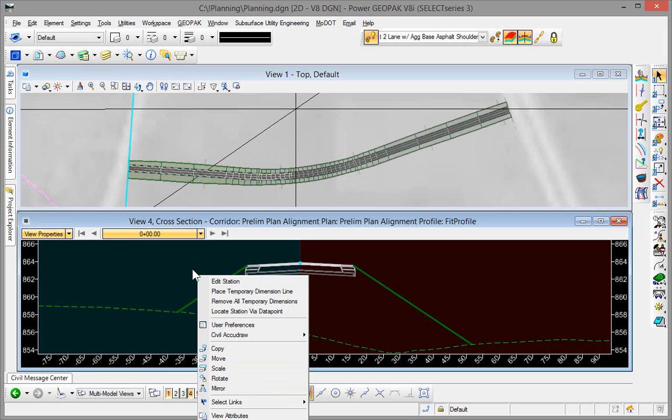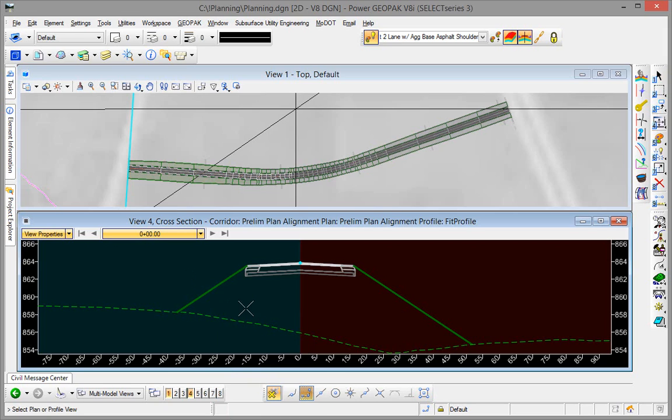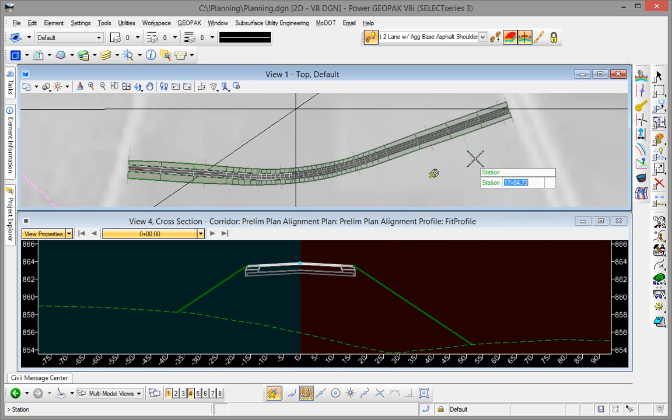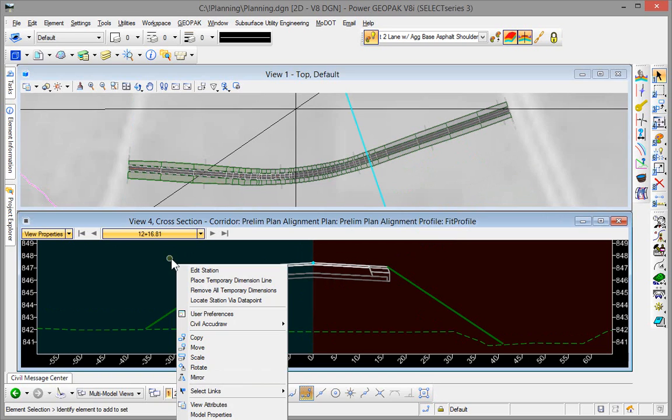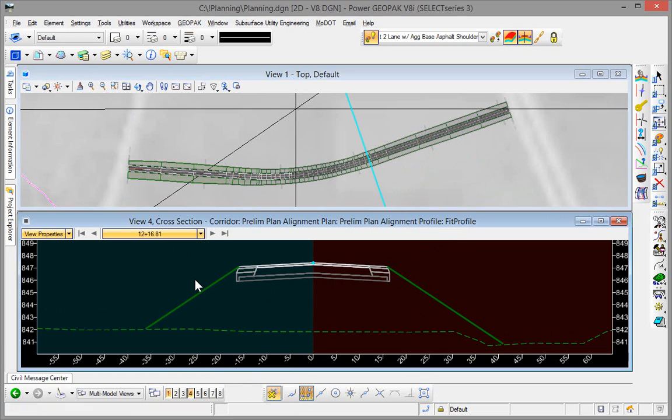If you do a right mouse click, you can select to locate station by data point, select in my plan view, and then navigate to a location you want to see a cross section. If I do a right click, I also have the ability to place a temporary dimension line. So for example, if I wanted to evaluate how much of a fill distance I have, I can select that,